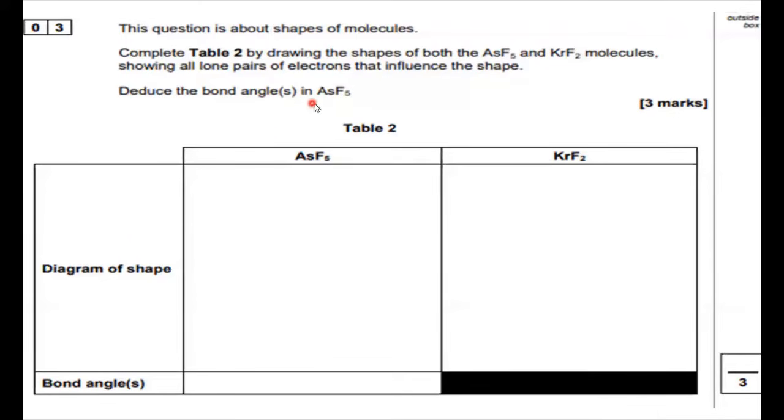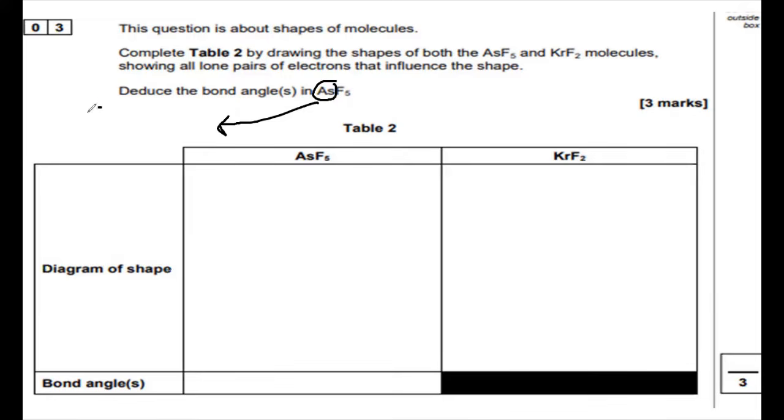Deduce the bond angle in AsF5. Okay, so we don't have to do it for KrF2. Here's a little table for us to draw our pictures in. Let's get to it. So let's go. So first off, let's look at this. As